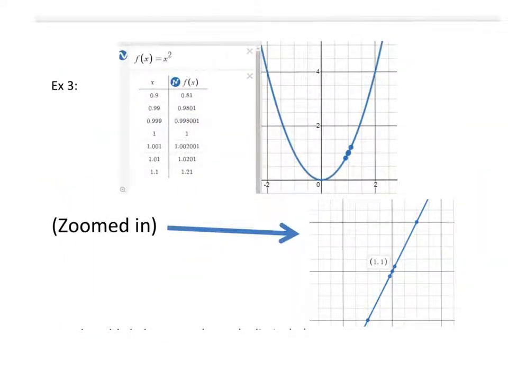So just to get us prepped, notice I have the function f of x equals x squared, and I've got a table of its values, and I've got the point (1, 1), and then I've got a bunch of points that are really, really close to (1, 1). In other words, I've got x values on the left and the right that are really close. What we're going to do is find the average rates of change between (1, 1) and each of these other points. And a couple things to notice is that, one, those values are going to approach